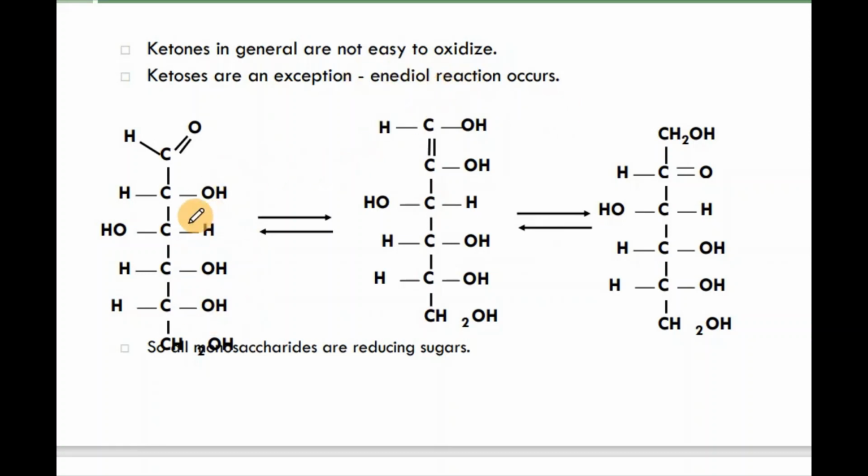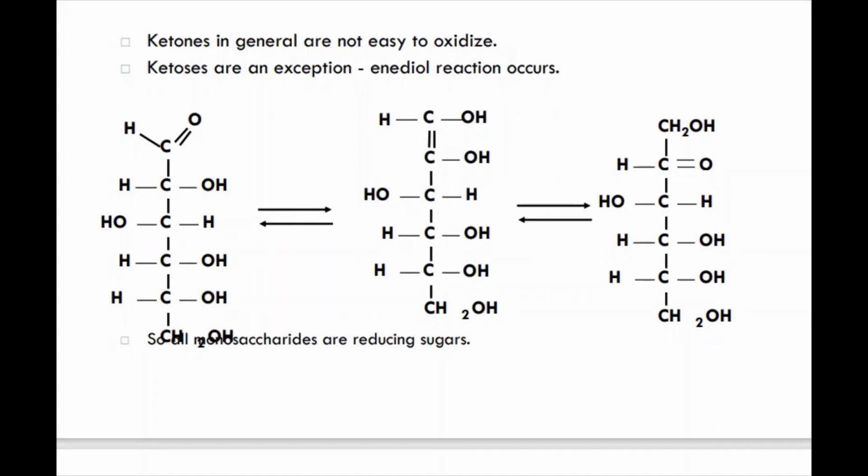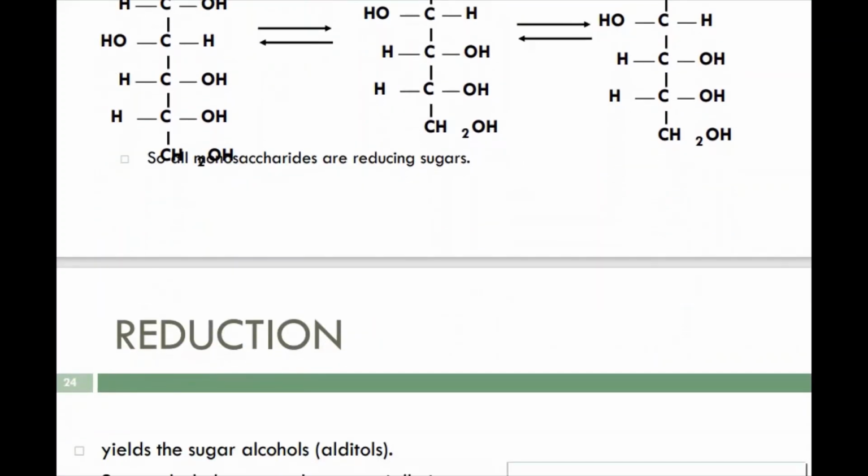When you treat, let's say, an aldehyde-containing group with a base like sodium hydroxide, which is called an alkali, it is going to form what you call an enediol. Then further rearrangement will form a ketone, which is like this. So conversion of glucose to fructose is through an enediol reaction, which produces the enediol intermediate through enolization